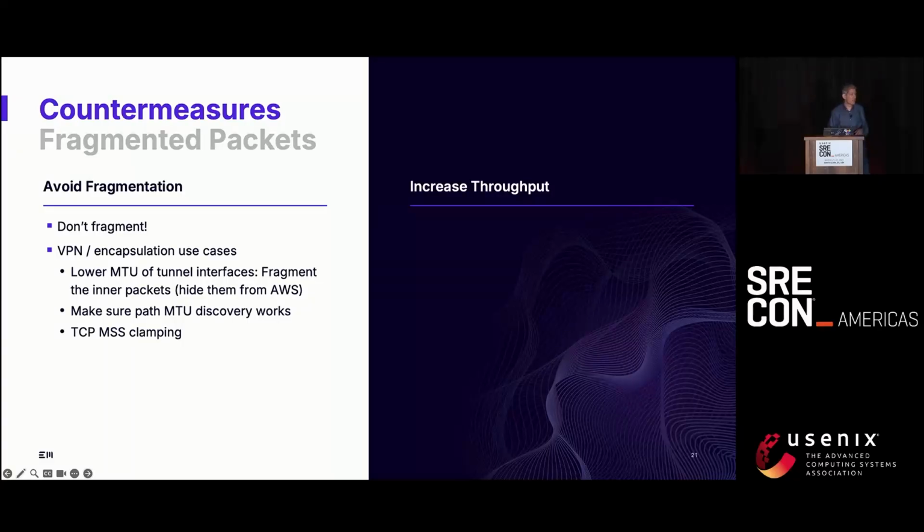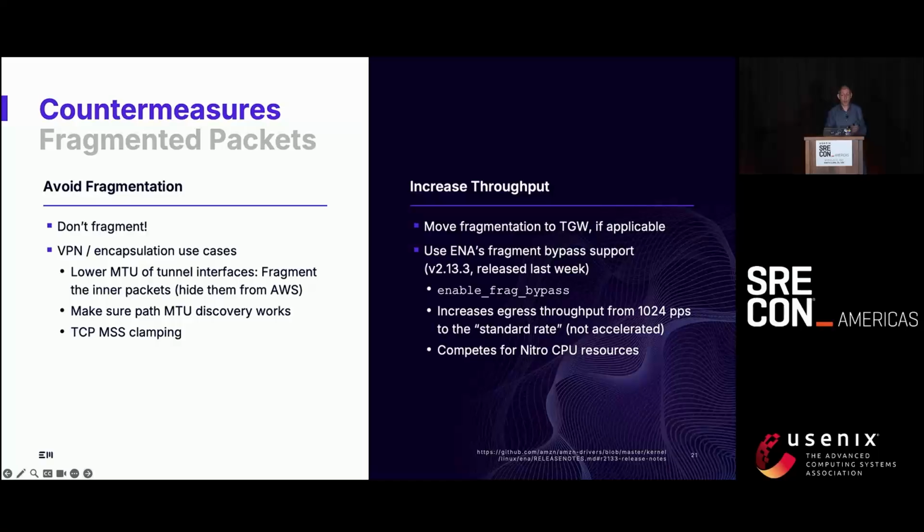We can increase the throughput of the fragmented packets as well by actually moving the fragmentation to the transit gateway. So in case you have connectivity via the transit gateway, you can avoid the fragmentation on the EC2 instance by configuring jumbo frames and let the transit gateway do the fragmentation for you. There is also a brand new feature from the ENA driver from last week, actually, enable fragment bypass, which